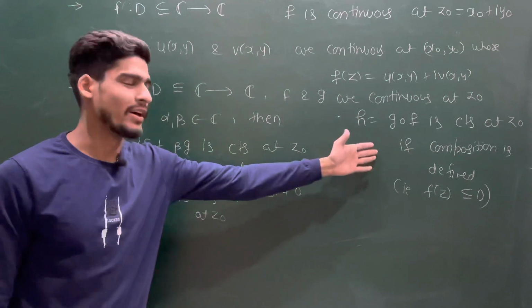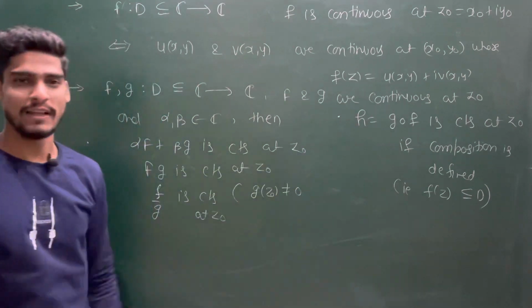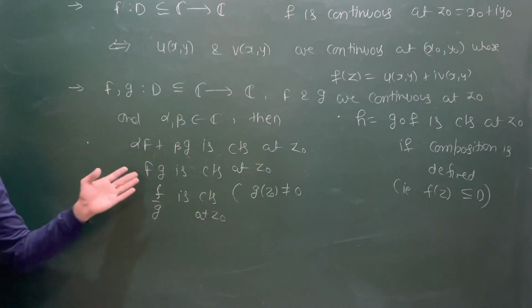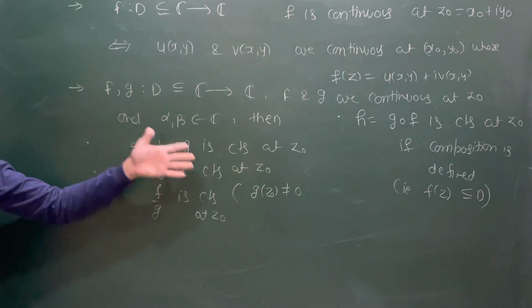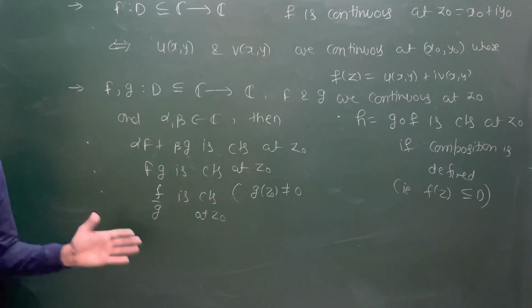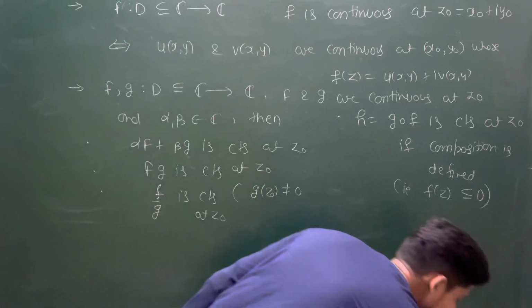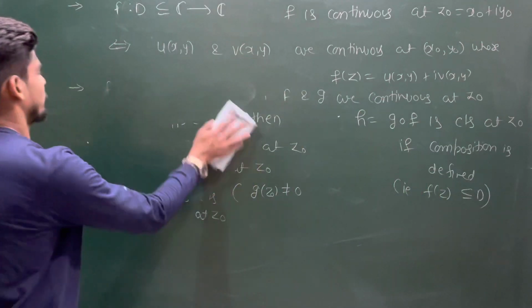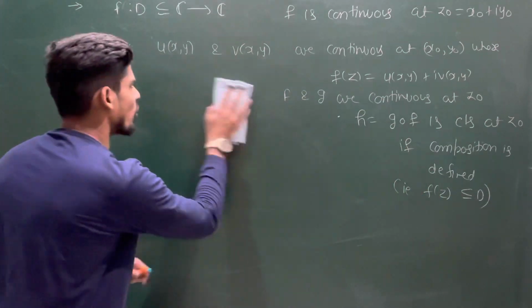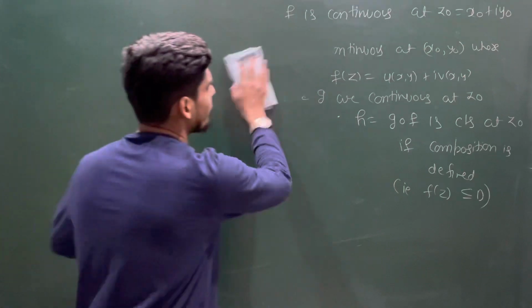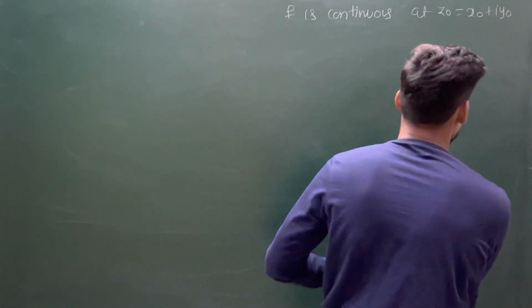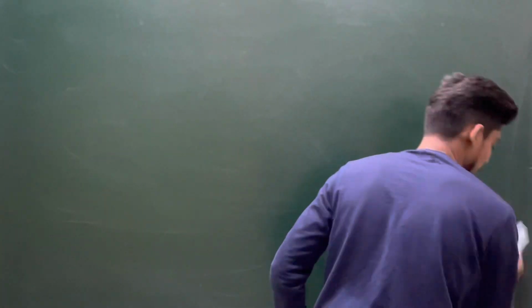Again, the proofs are very easy. You have studied them in your undergraduate part. So I am skipping the proofs. The proofs are directly straightforward. I will cover all the proofs which we need for complex analysis, not for functions of two variables or real analysis. I will not do those proofs.